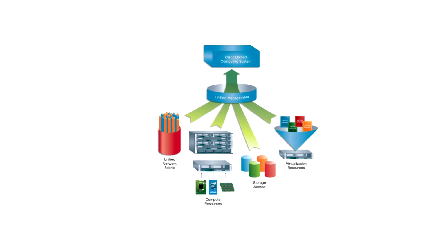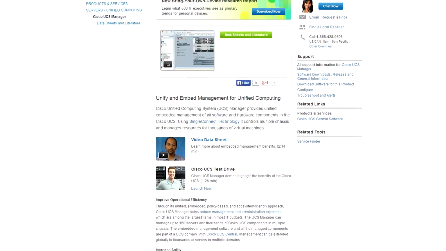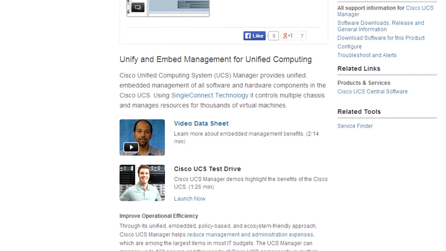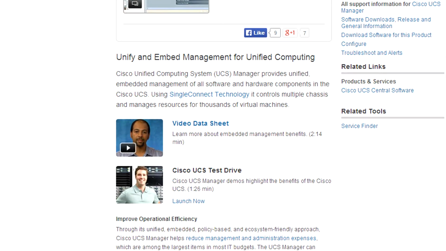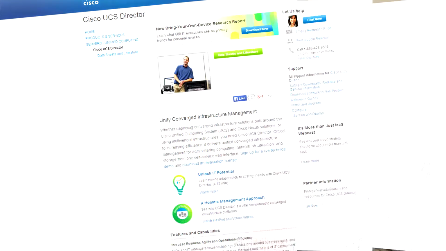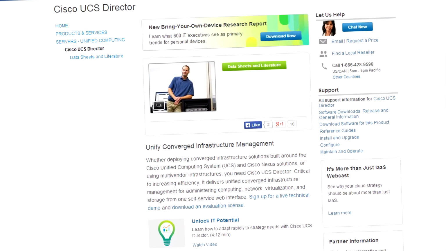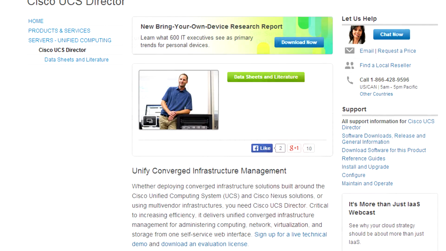In part 1, I presented UCS Manager and demonstrated provisioning servers automatically through integrated model-based management. In part 2, I'm going to present UCS Director, which provides a unified view and a single point of control